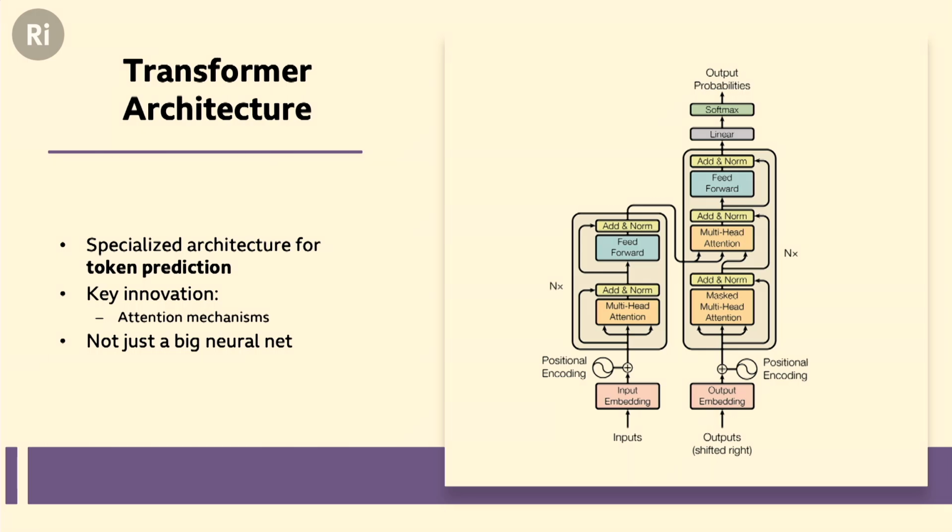So we're going to describe how large language models work in a moment. But the point of the picture is simply that this is not just a big neural network. It has some structure. And it was this structure that was invented in that paper, and this diagram is taken straight out of that paper. It was these structures, the transformer architectures, that made this technology possible.